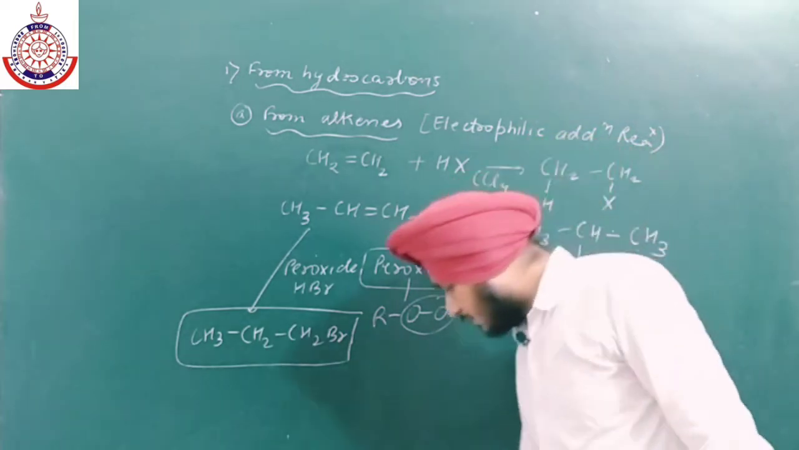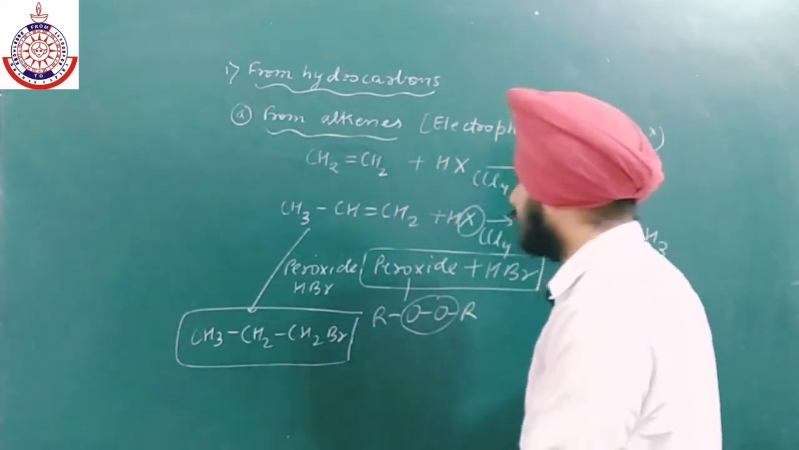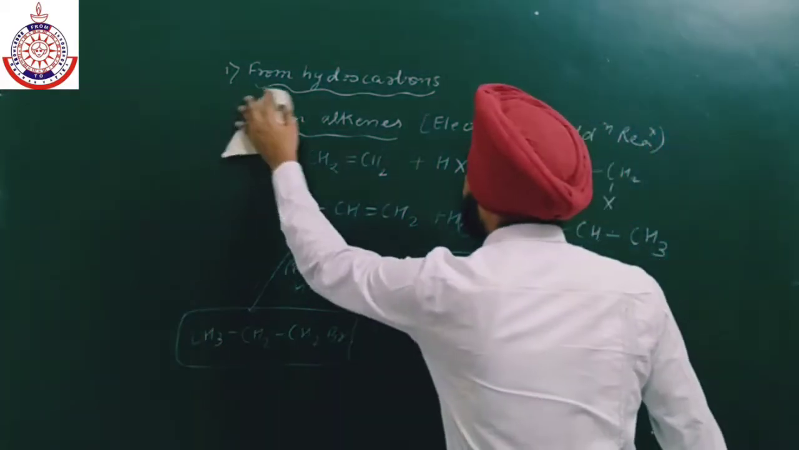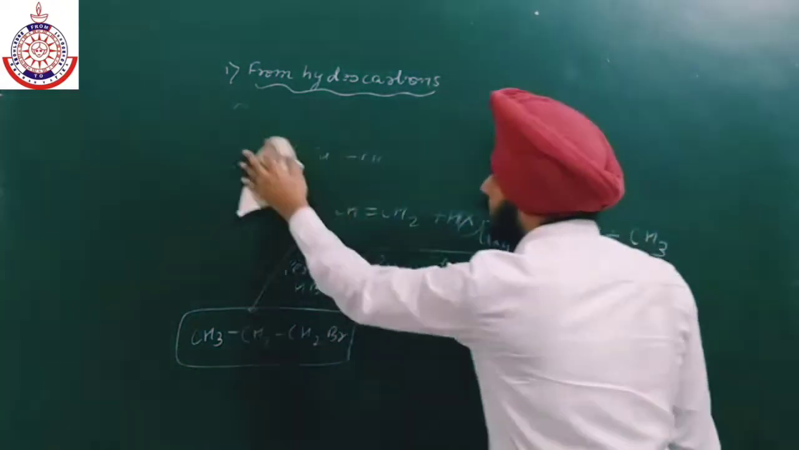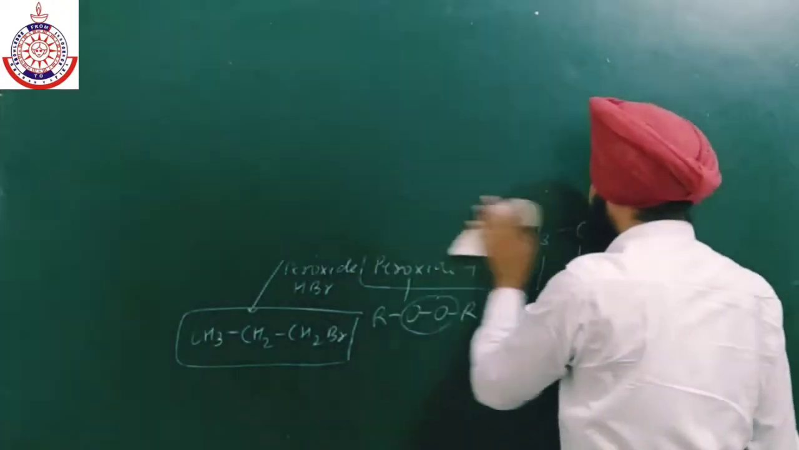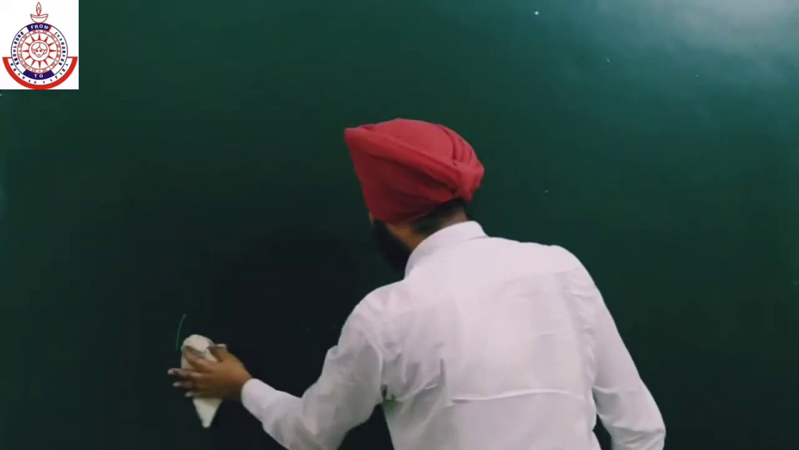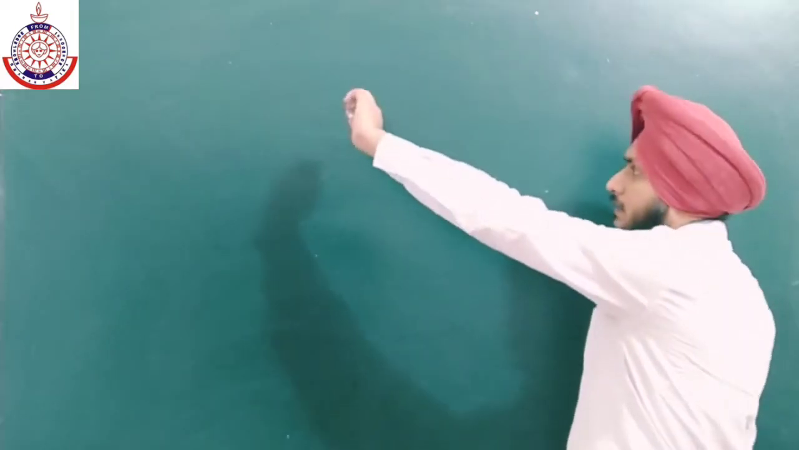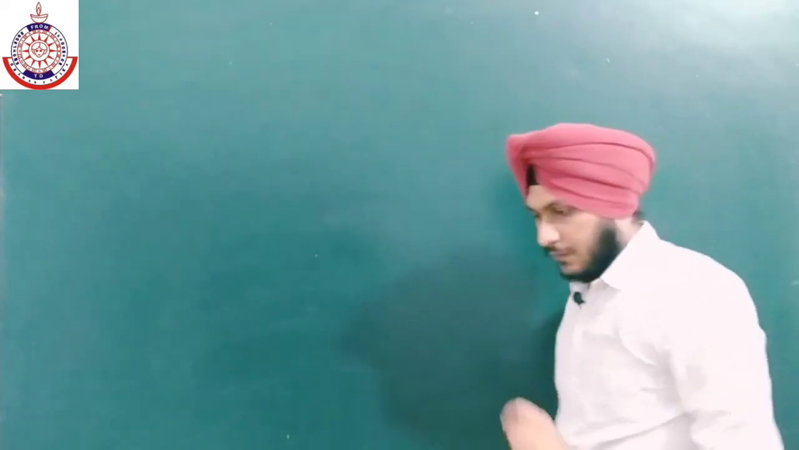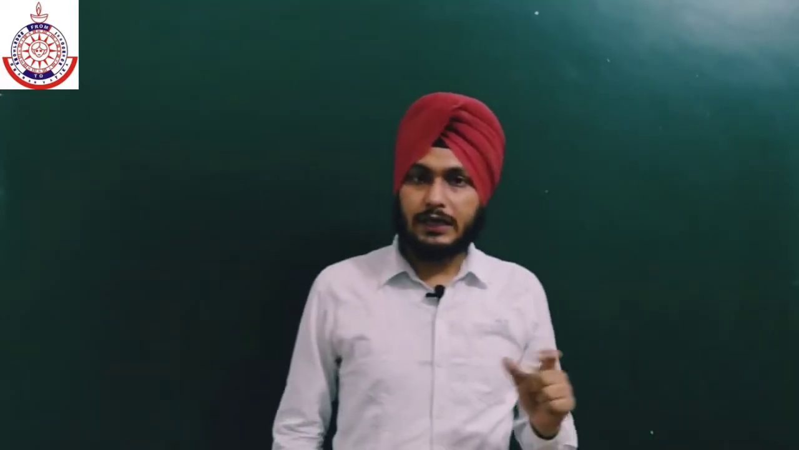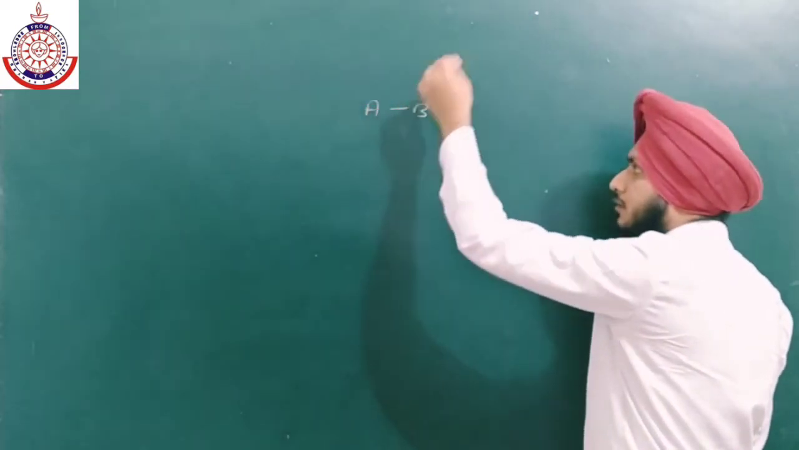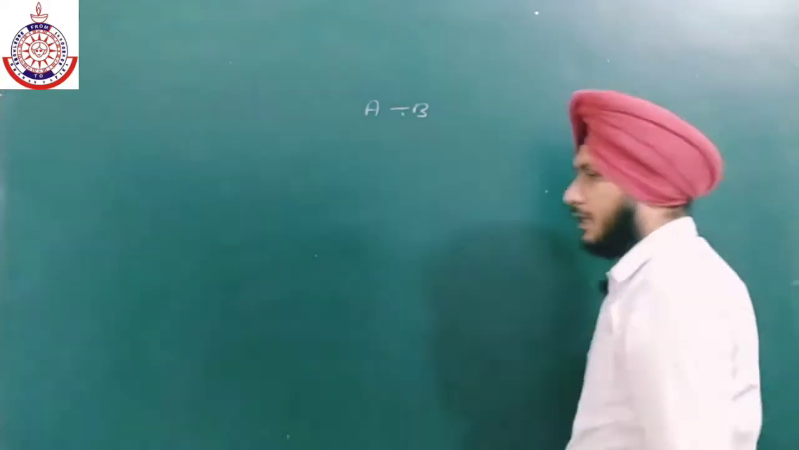Now, what is the mechanism of peroxide plus HBr with alkenes? This follows the free radical addition mechanism, so let us discuss that mechanism. Firstly, we should know what free radicals are. Free radicals are odd electron species. We get free radicals when homolytic cleavage takes place. Homolytic cleavage is this: if we have a molecule AB with two shared electrons, and the electronegativity